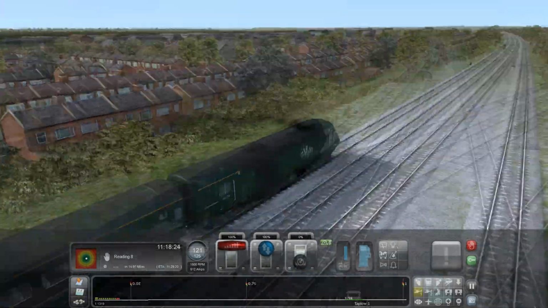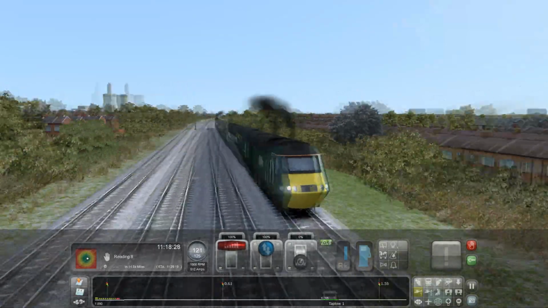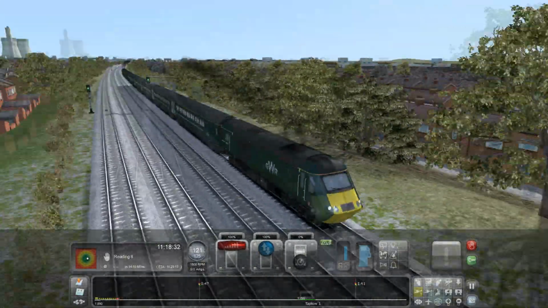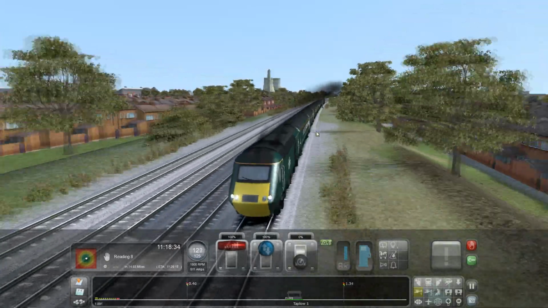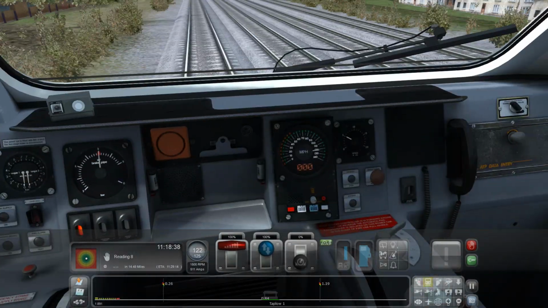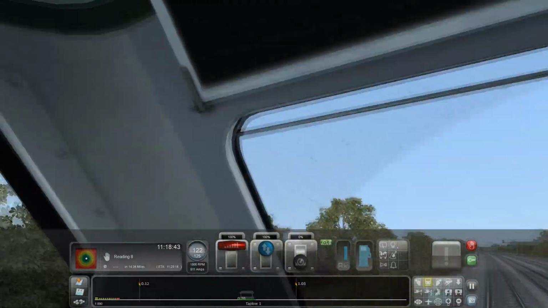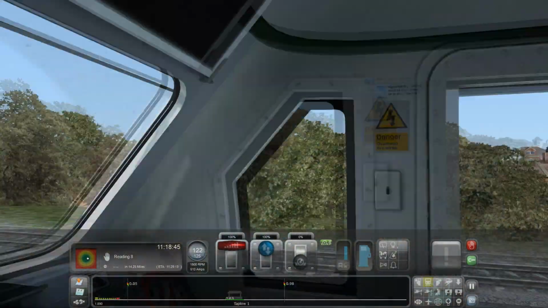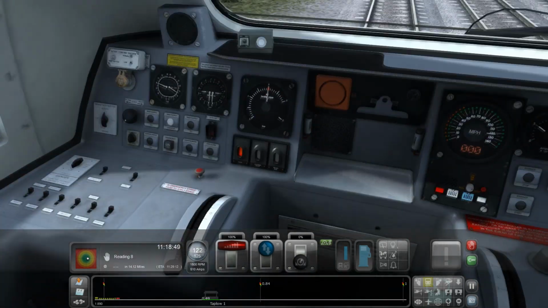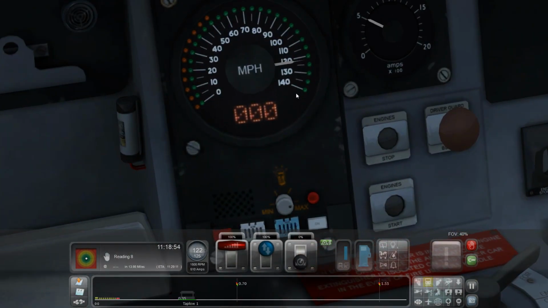So that was inside the cab. Sorry, going at 121 miles per hour. I don't think we can go any faster. As soon as I said that, it completely lied to me. What's its max speed? It's here somewhere, I'm pretty sure. Unless that's there, 140, but...